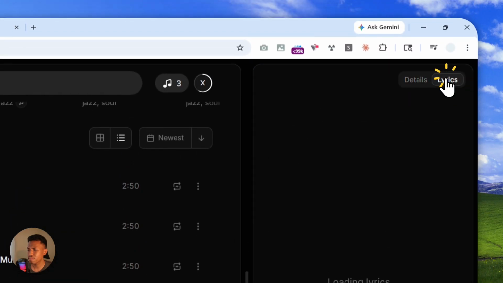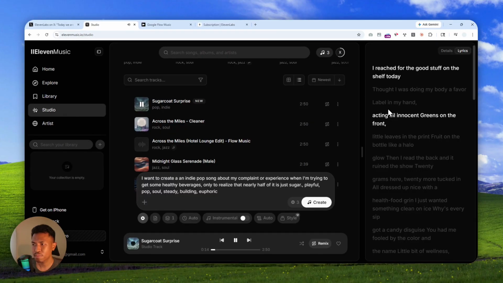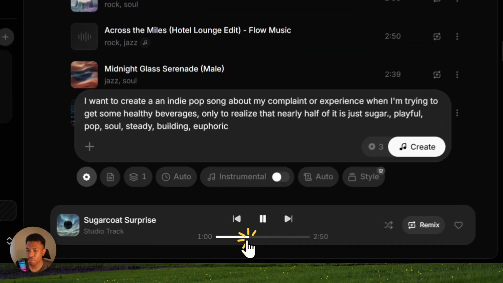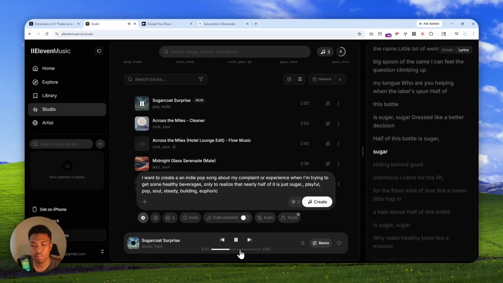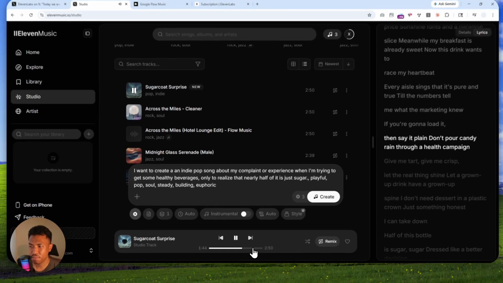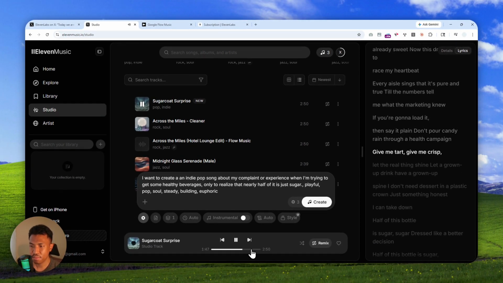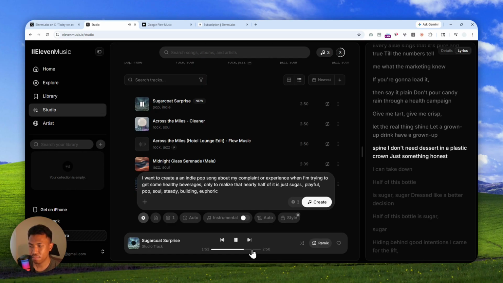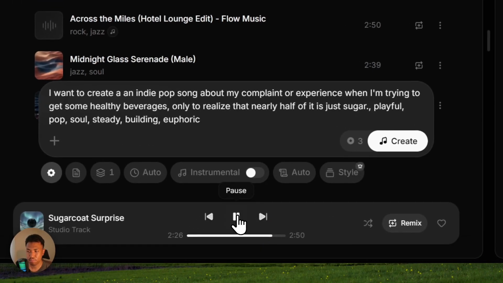I reached for the good stuff on the shelf today. Thought I was doing my body a favor. Label in my hand, acting all innocent. Greens on the front, little leaves in the print. Fruit on the bottle like a halo glow. Then the bottle is sugar, sugar, hiding behind good plain. Don't pour candy rain through a health campaign. Give me tart, give me crisp, let the real thing shine. Let a grown-up drink have a grown-up spine. I don't need dessert in a plastic